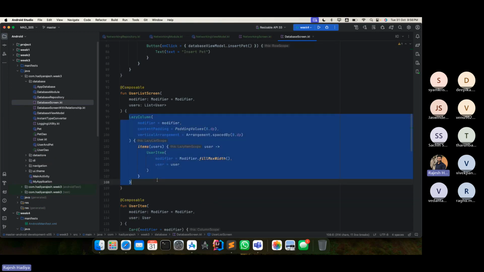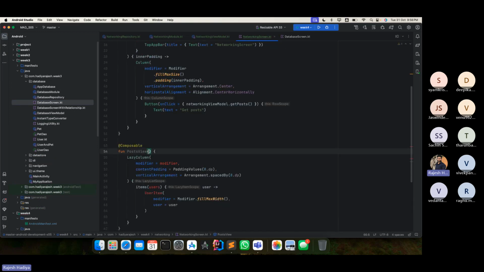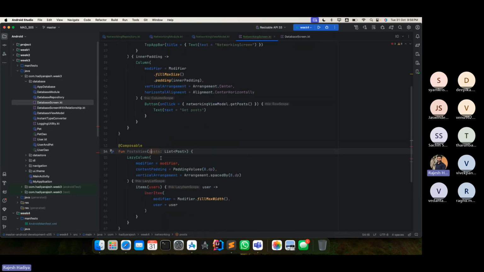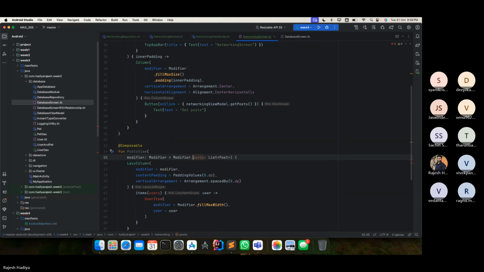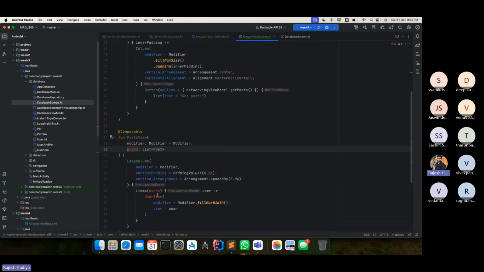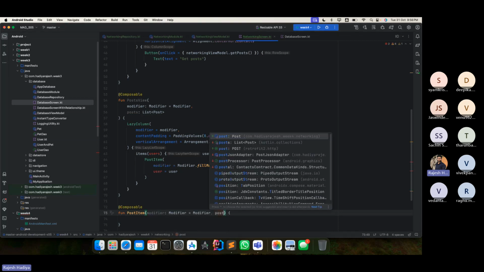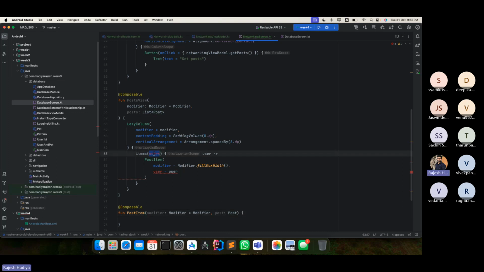So we'll create a lazy column, something like this here, and we'll accept the post as a list of the post, and we'll accept the modifier as well. Let's not waste more time and just be here with me for a few minutes. And we'll call the post item here again. The modifier would be there, and each post item would be there. So we'll just pass the post, and we'll pass the post equal to